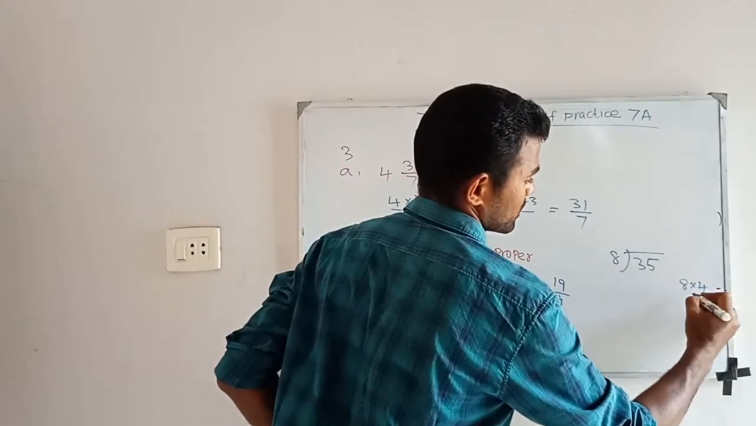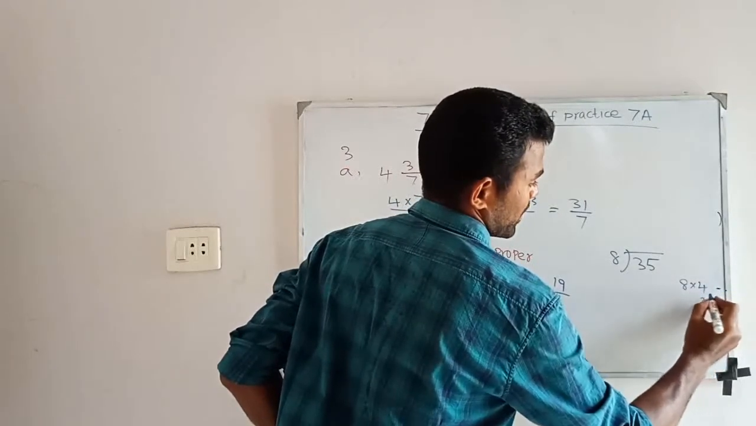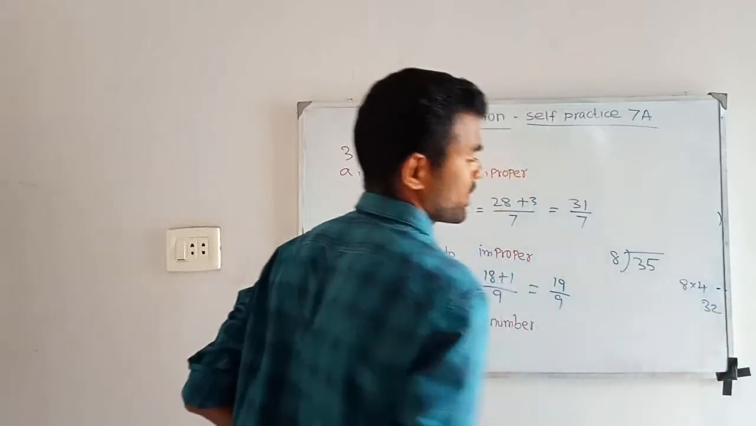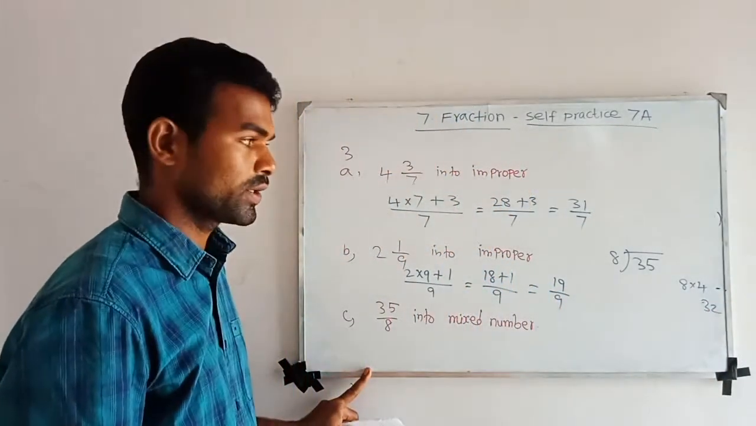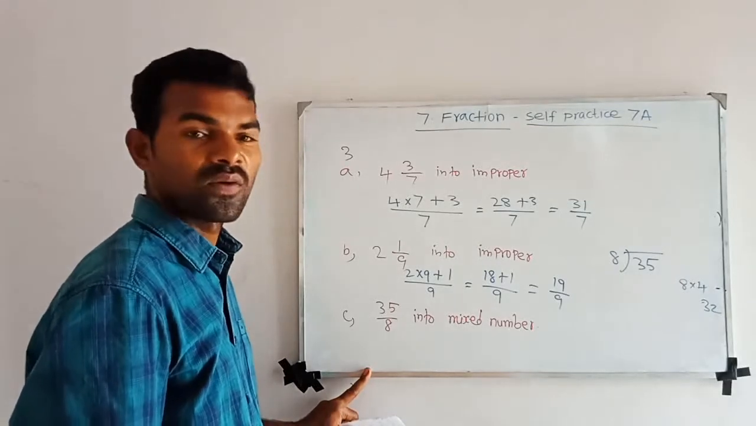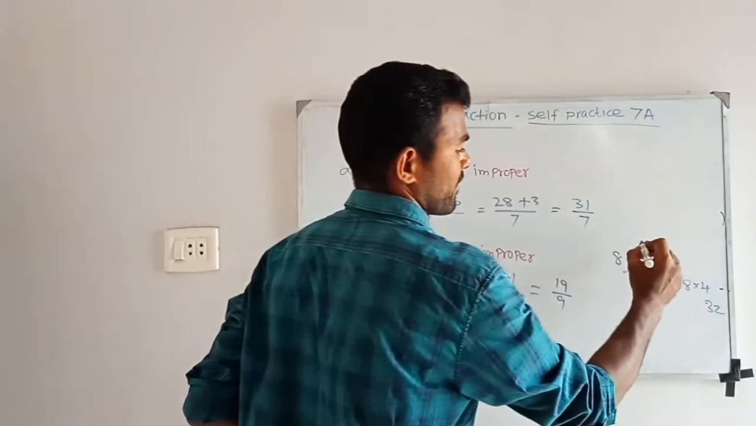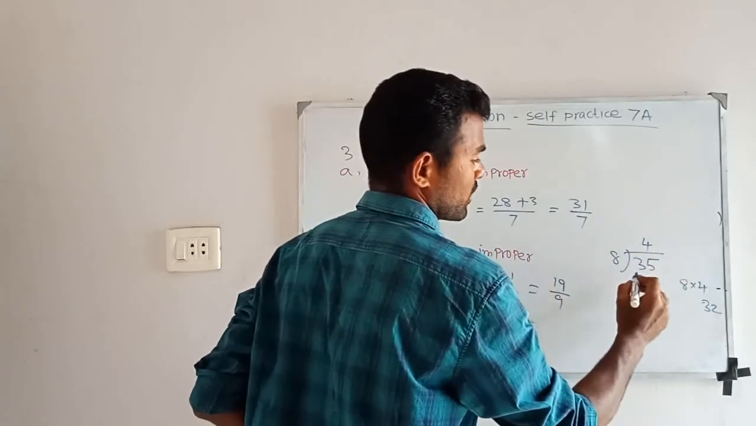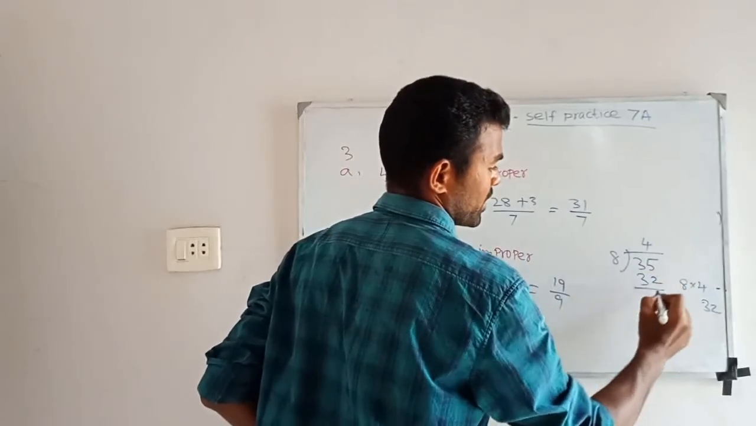8 times 4 is 32. Yes, 8 multiply 4 is 32. So we can divide a maximum of 4 times. Yes, we can divide 4 times. 8 4s are 32, and the remainder is